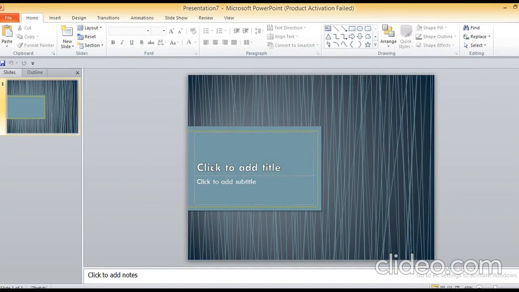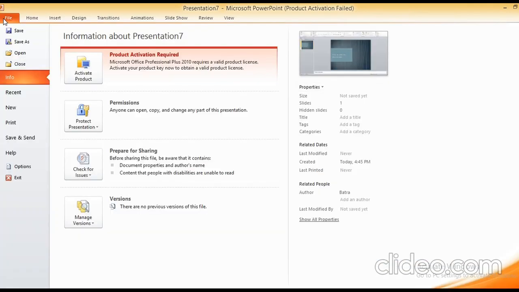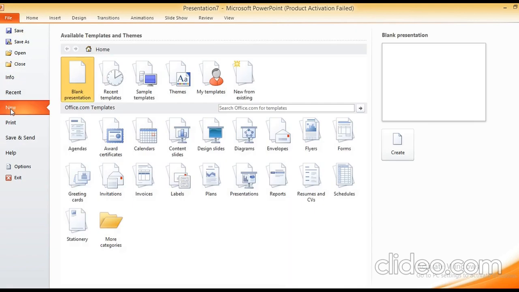Again, I will tell you how to apply a theme to your presentation. There are a few steps to follow. Click on the File menu, click on the New option. Under the File menu, click on the Theme option. A number of options are given there: blank presentation, sample template, themes, recent template. You have to click on the Theme option.